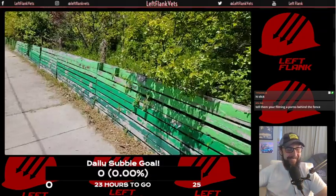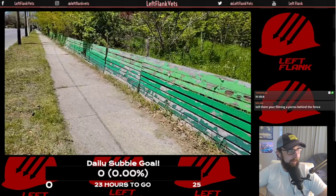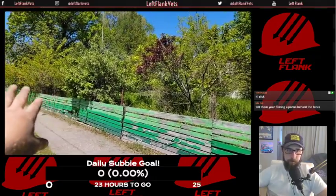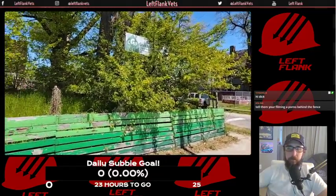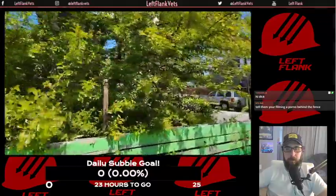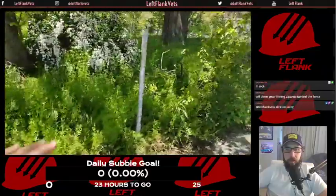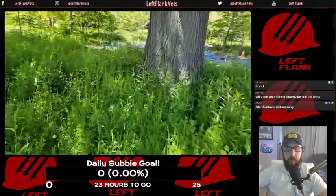So I'll show you what I was working on today. We've been building like a walkway type thing. Our property goes down to basically where the green fence ends. And this front forest here is the beginning of our forest garden. A forest garden is an attempt at a permaculture system. So you want to have as much biodiversity as possible, as many different fruiting trees as possible. There's some raspberries along the edges here. But then if we hop up through,